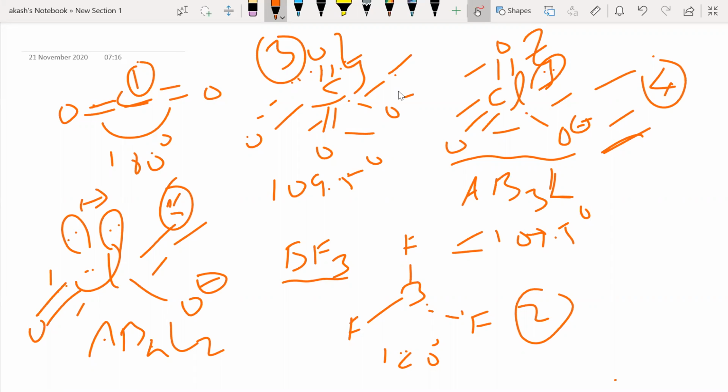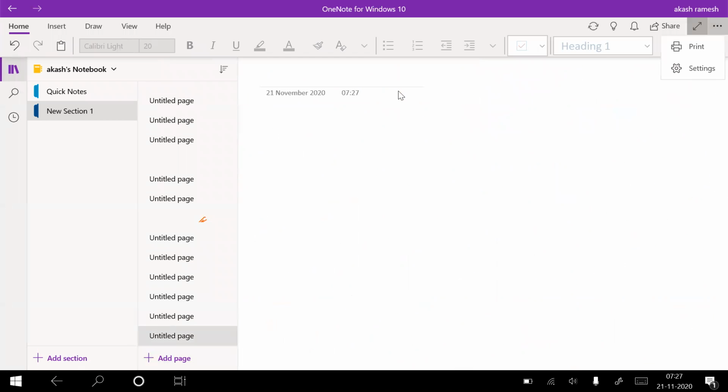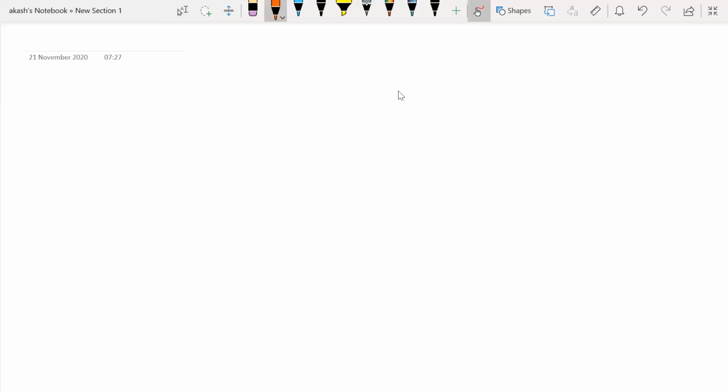So all the theories put together, when you found a new molecule and you want to investigate it, all these theories are going to be helpful. It's not like one theory is greater than the other one. So we'll move on to the next theory, which is MOT, molecular orbital theory.